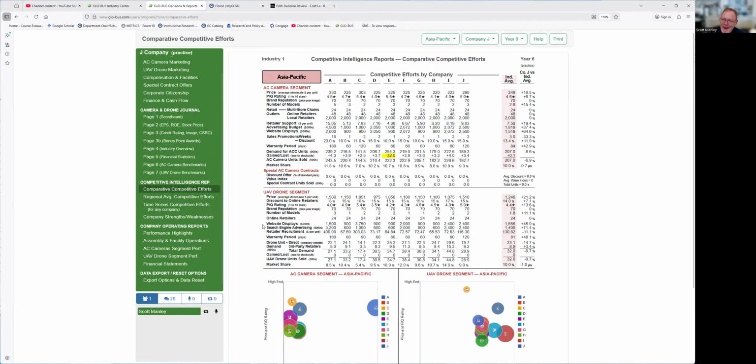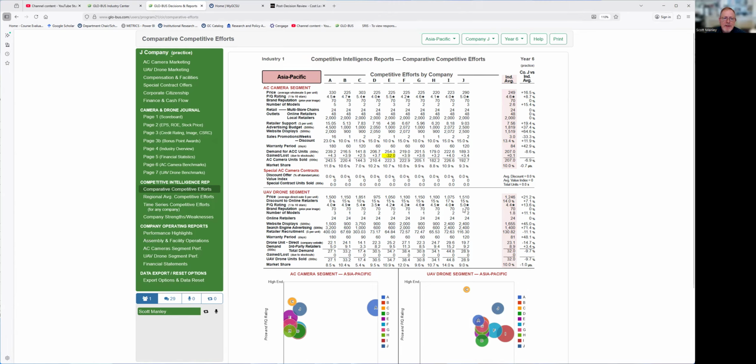So what was my actual strategy? What we would say for my actual strategy is that it is integrated differentiation. The reason that we'll call that integrated differentiation is our product was above the mean. We had a 5.0 star product. The industry average was 4.6. We're above the mean. On the drone, we had a 5-star product. The industry average was 4.4 star. So we had an integrated differentiation strategy.